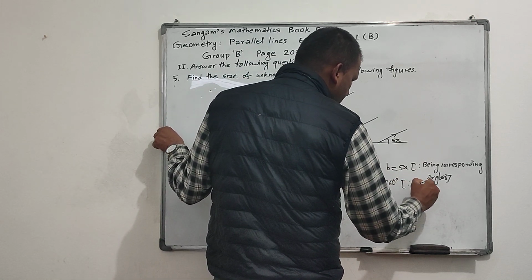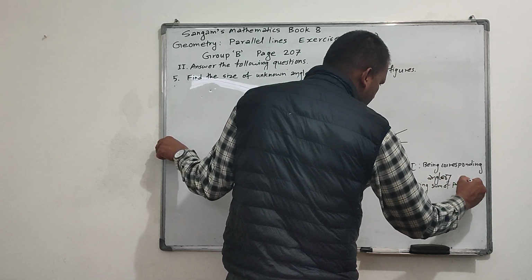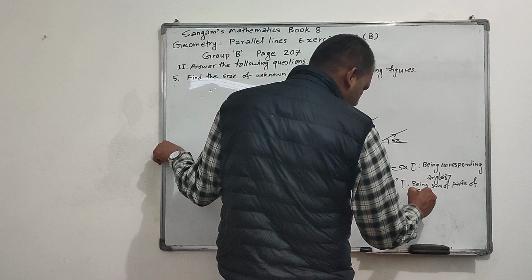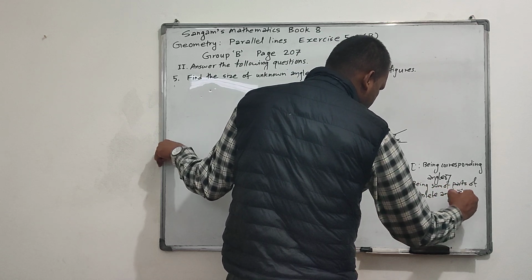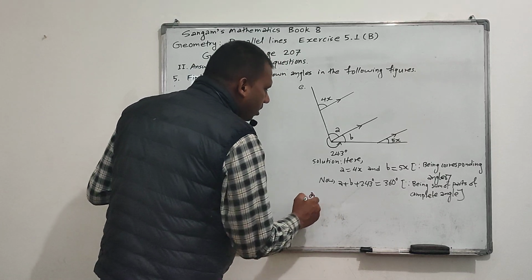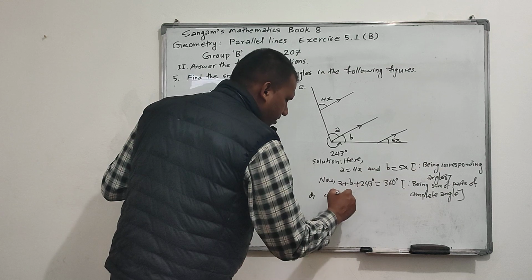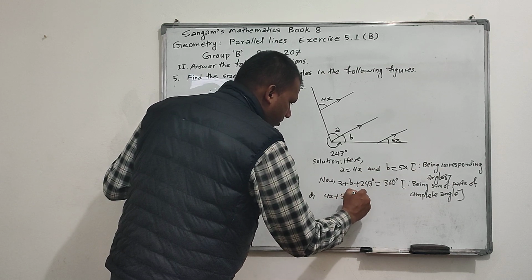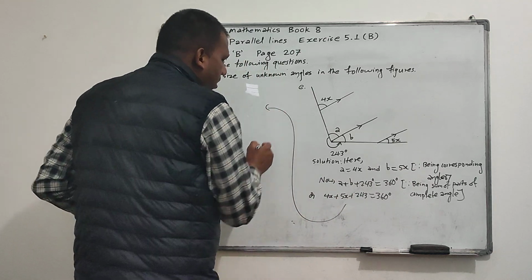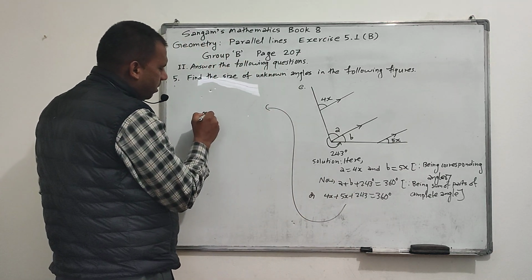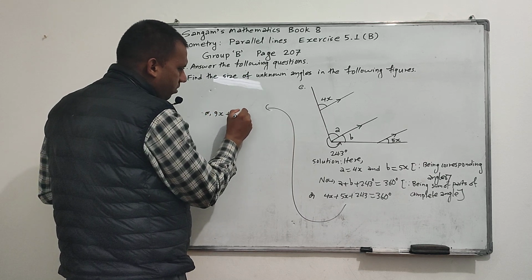because being sum of parts of complete angle or complete turn. Then value of A is 4x, value of B is 5x, plus 243 equal to 360 degree, or 4x plus 5x, that is 9x plus 243 degree